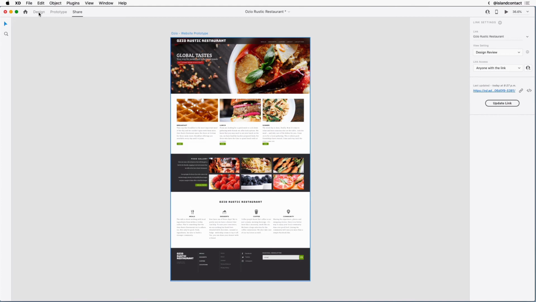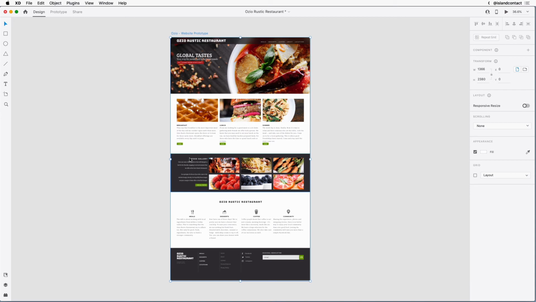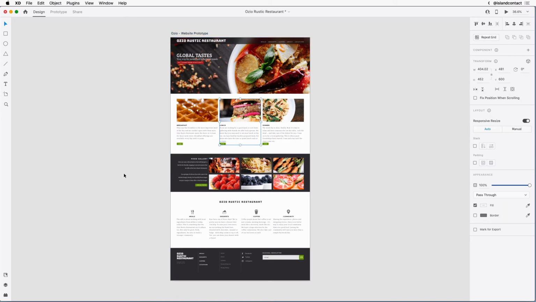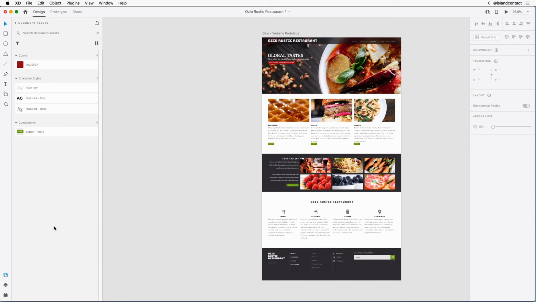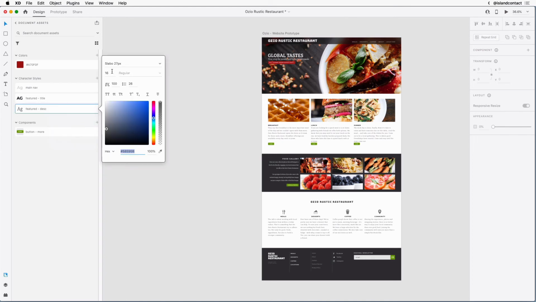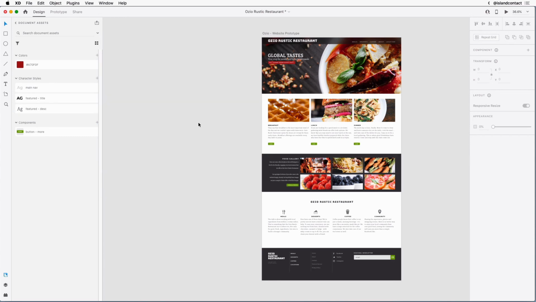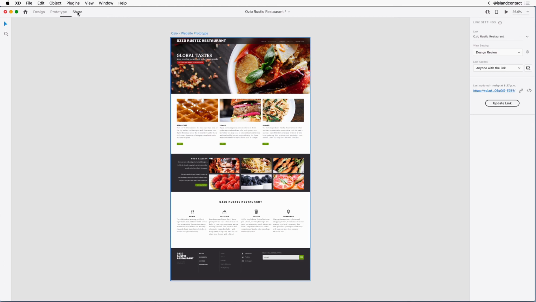I'm going to click on my design workspace, and I'm going to edit the text here. Because there's a character style applied, that's all I need to edit. So going into my document assets, I'm going to right click on my feature description and edit that text. Right now I can see that there's 100 letter spacing, so I'm going to change that to 75. Perfect, that brings that back up, and I'll decrease the leading to maybe 24. Great. Now that I think that looks better, I'm going to go back to my share workspace, click on the update link,